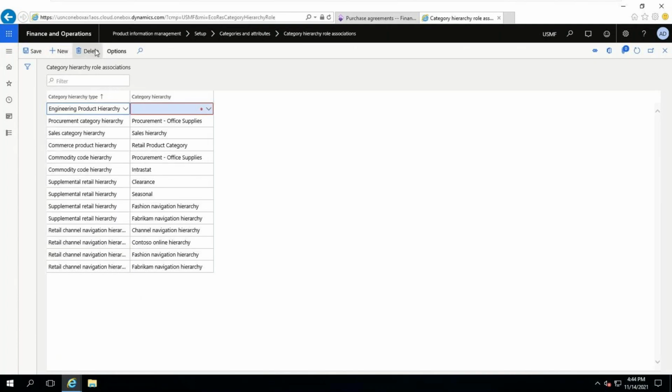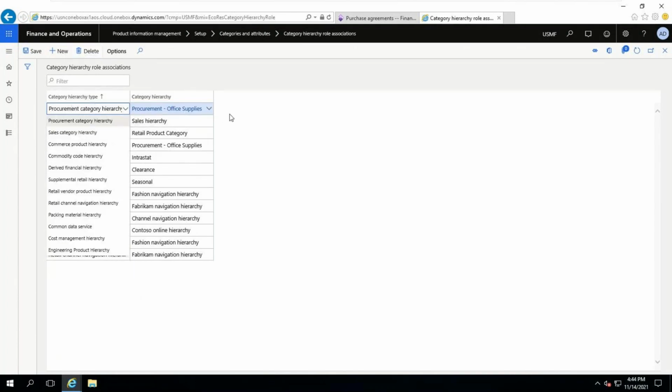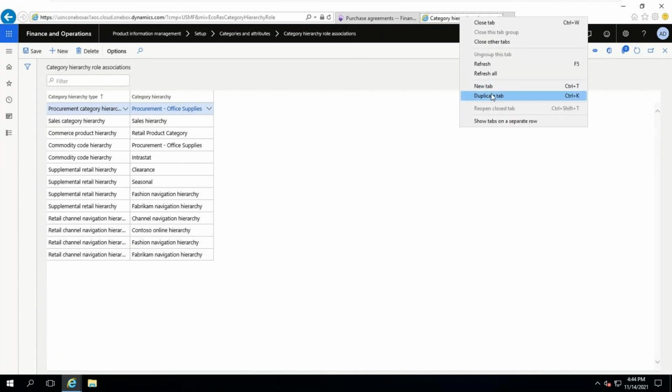So once you map the procurement category hierarchy to this procurement, this is the hierarchy you have created, and this is predefined inside the enum. You have created a procurement category hierarchy like procurement and office supplies. One hierarchy you have defined, and you have tagged these two. Once it is tagged, then if you go to the procurement and sourcing module,